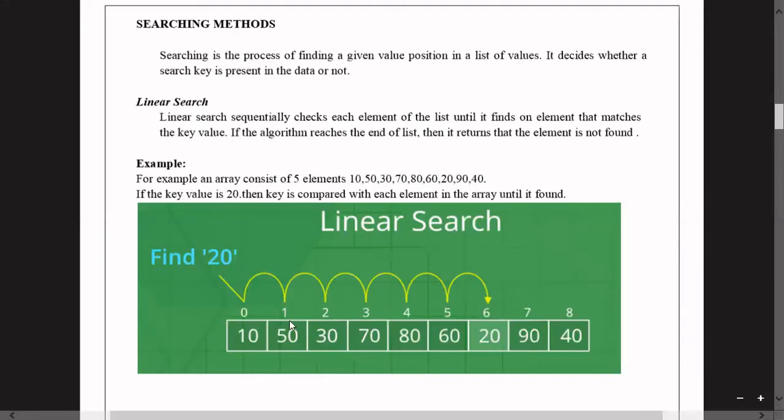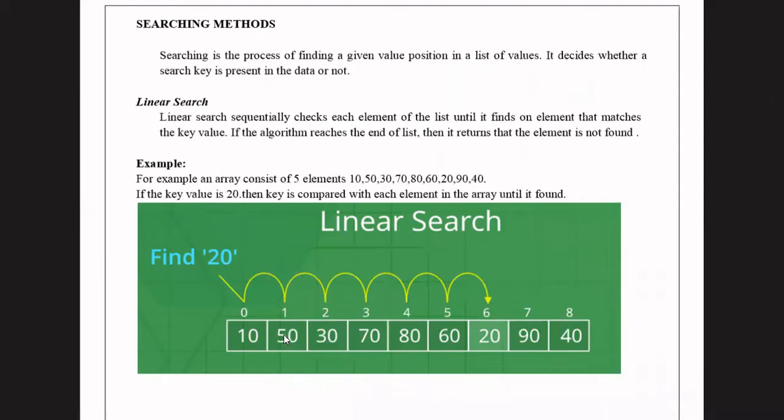And when you are searching the list, the array elements need not be in sorted order. That means the array elements need not be in ascending or descending order. It can follow any order. There is no restriction that, whenever you are performing a linear search, the array elements or set of elements must be in an order. There is no restriction like that. It can be in any order.